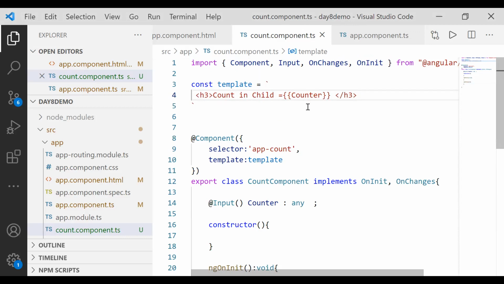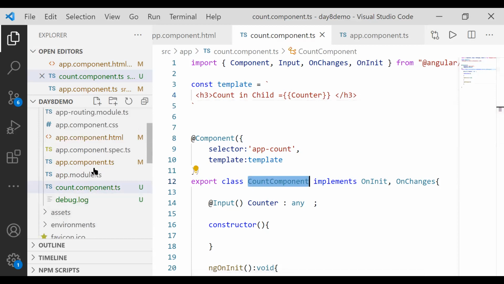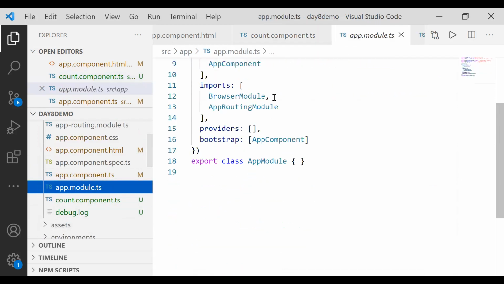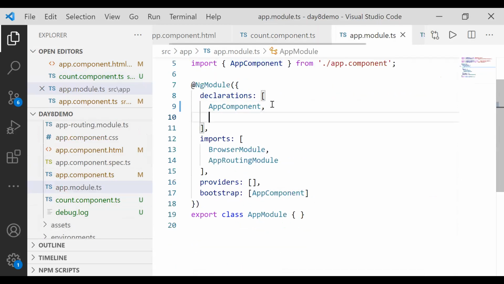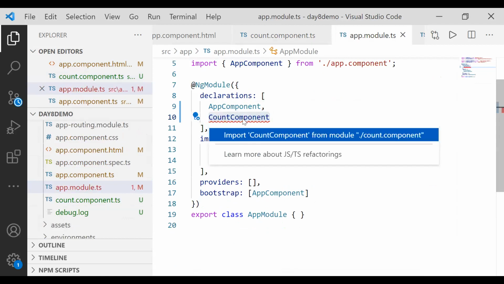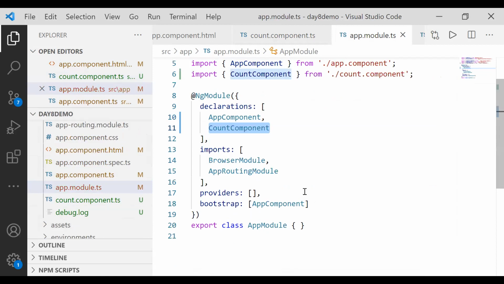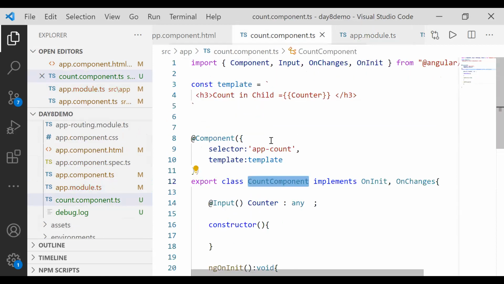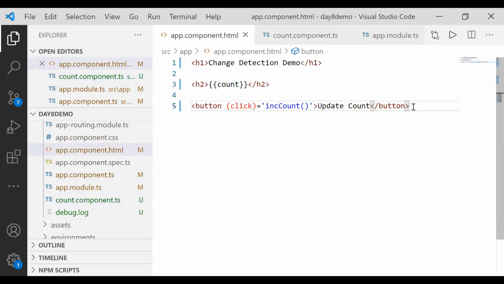So we are saying count in child counter. We are displaying that. Now to use this, first we need to take that CountComponent to app.module.ts and first pass it in the declaration. So we'll say CountComponent, and once this is passed, we can take this app-count selector from here and go to app.component.html,